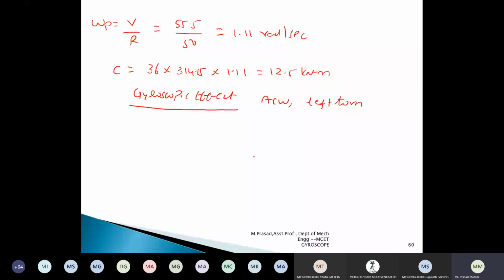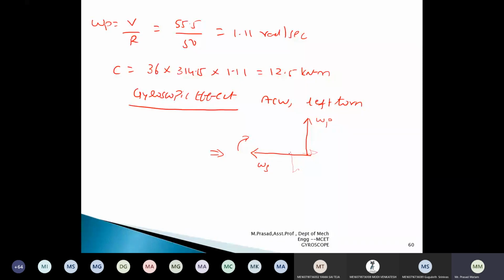Anti-clockwise rotor. How the aeroplane moves with respect to direction of view, forward or reverse? This is where I am getting the arrow mark. With the direction of my point of view, it is coming towards me. Anti-clockwise means. Now tell me where the precession vector will come. Taking left turn, from here, this is the left turn. So precession vector will always come in the positive y-axis. This is your precession vector.